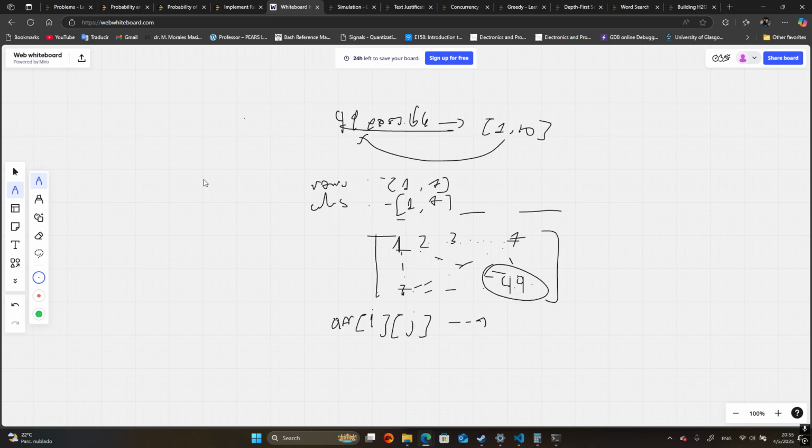We can linearize this: the access will be the position i multiplied by the number of columns plus the j index for the columns. If we see this as the outcomes of generating numbers in the API, here we will have